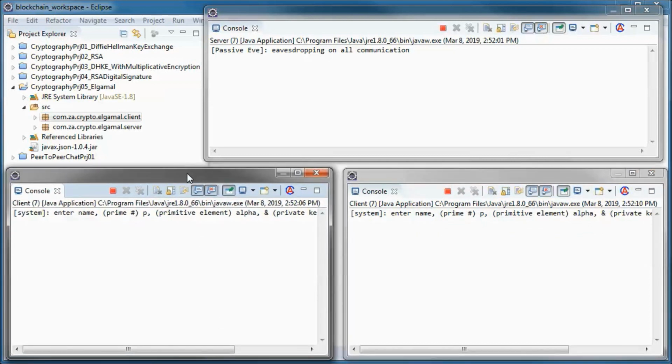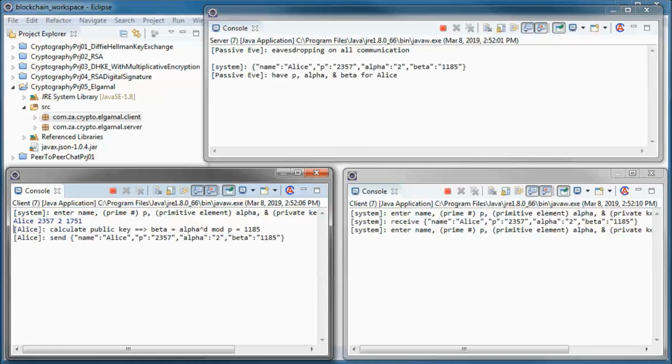And Alice will pick this P prime number and this primitive element alpha and this private key D. And she calculates her public key beta and sends her P, alpha and beta to Bob.